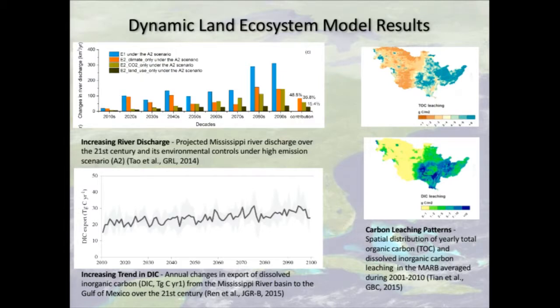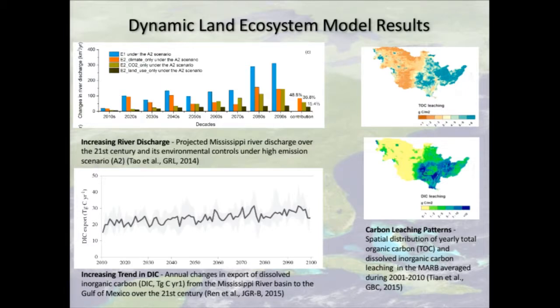And we're also able to project into the future using land use scenarios and atmospheric carbon dioxide projections, and also isolate effects of either the climate forcing, which would be precipitation, temperature, relative humidity, etc., as opposed to the atmospheric CO2 effects, as opposed to land use activities, where those scenarios are derived from the USGS